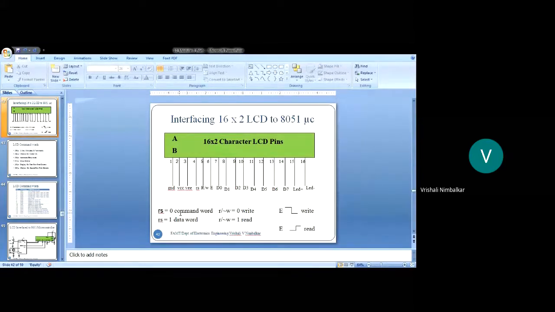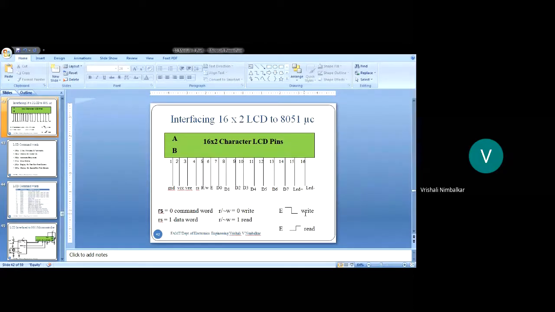And then that enable pin should have a falling edge. How do I make a falling edge? Initially that E pin, I'll make logic 1 and immediately I'll make logic 0. So enable pin is set, make it logic 1 and immediately make it logic 0.